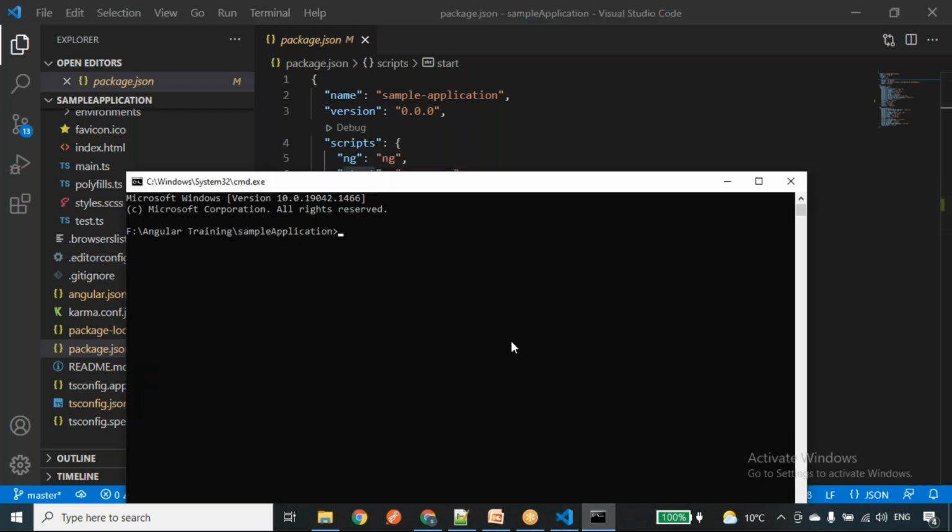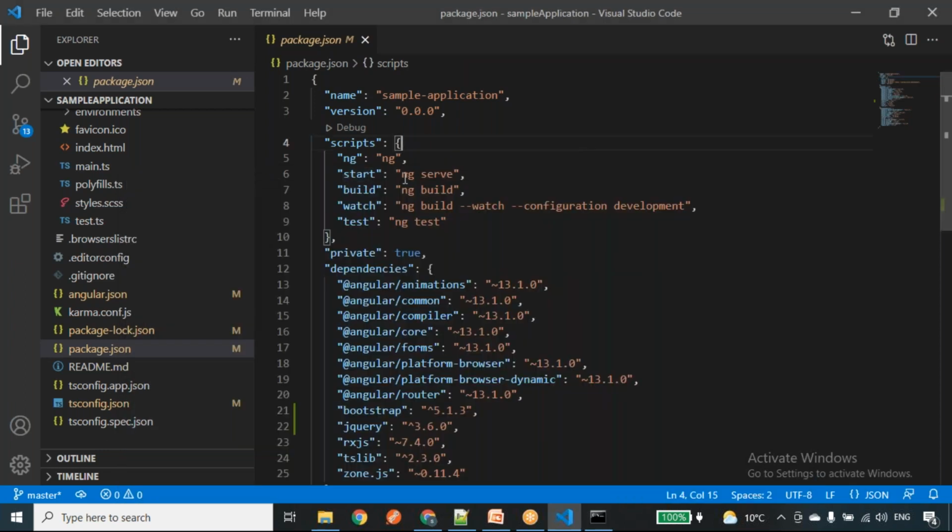So let me run npm run start. Once I run npm run start, here we can see the sample application start. For start, what we have given here is ng serve, so that's why it is taking ng serve.